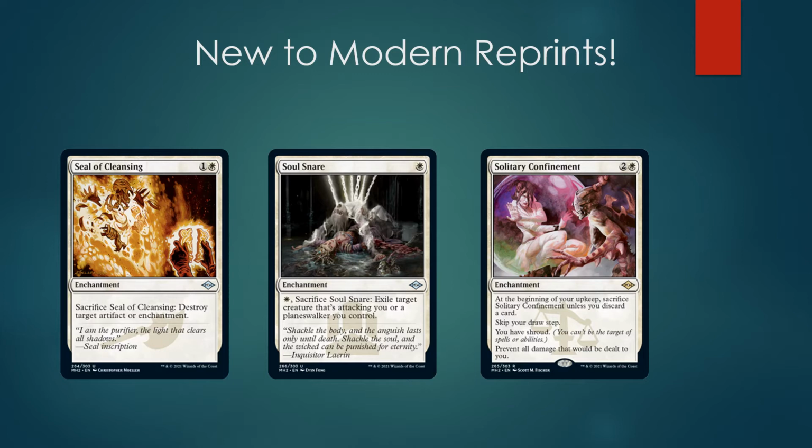Another really, quote unquote, unfun but really powerful white card. Whereas Armageddon requires less build around. You don't have to contort your decks in certain ways. You can just slam your Armageddon and go to town. But I would say in the right deck, Confinement is certainly up there, and it stops all sorts of